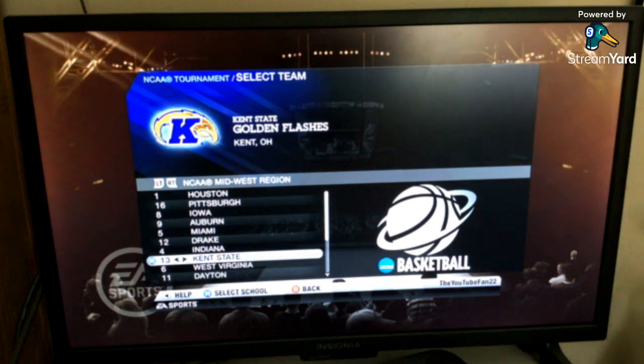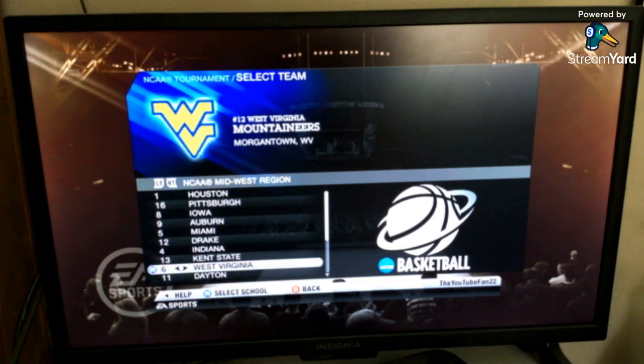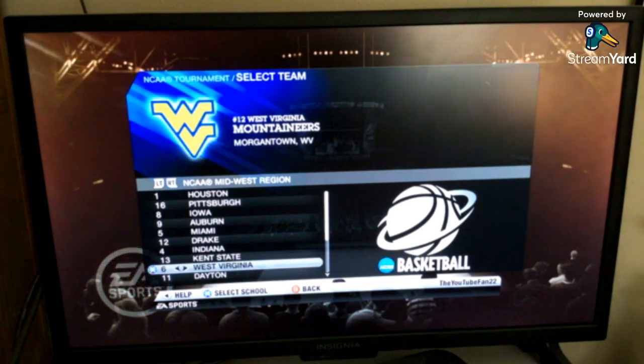Number 16 goes to Iowa State. So it is a Big 12 team. You know, West Virginia was not a Big 12 team at the time the game came out. They were when the tournament was happening, based off of the tournament. So Iowa State is going to play off in the same half of the bracket.